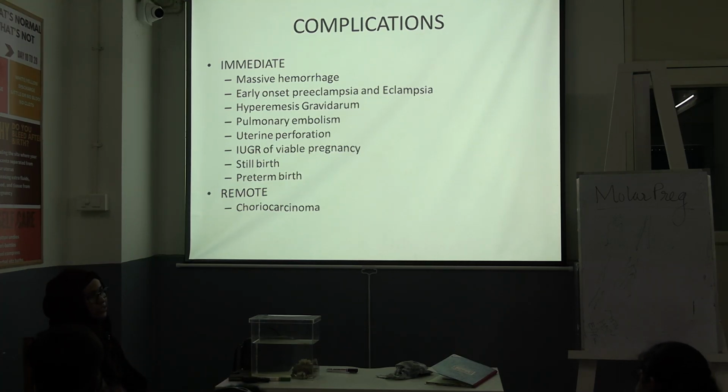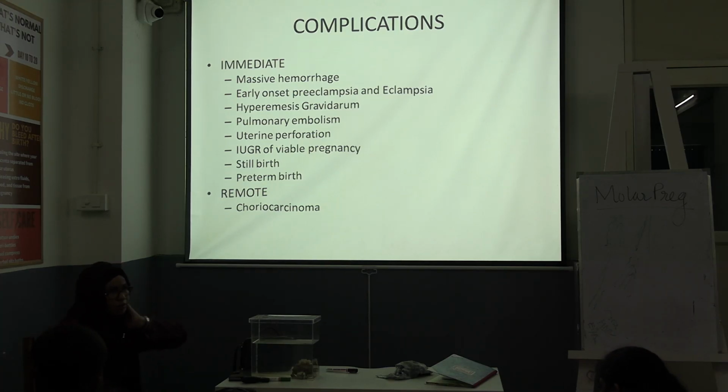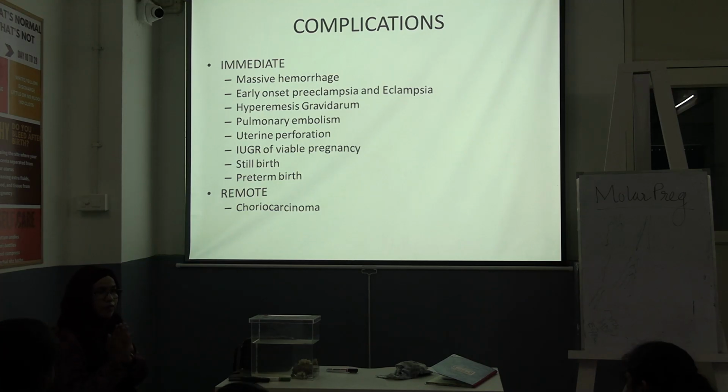And when you are doing suction evacuation, you will explain. Whenever you are going for a procedure, you will do party counseling. What will you counsel? Because there is a molar pregnancy, there is a risk of excess bleeding PV. That's why you will arrange blood, 1 unit, 2 units. You will not start the evacuation without blood. If the hemoglobin is less than 9, you will take blood, then do the evacuation, because during evacuation there will be a heavy amount of bleeding. You will have to explain to the patient that there will be bleeding and you need 1 or 2 units of blood according to the hemoglobin level.